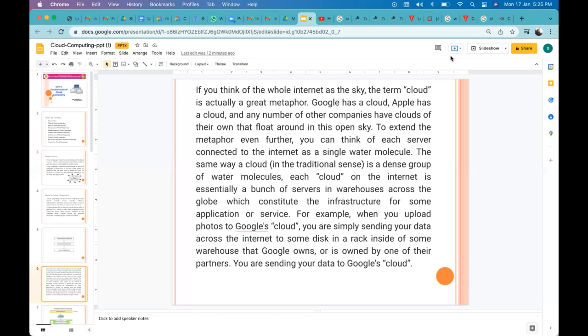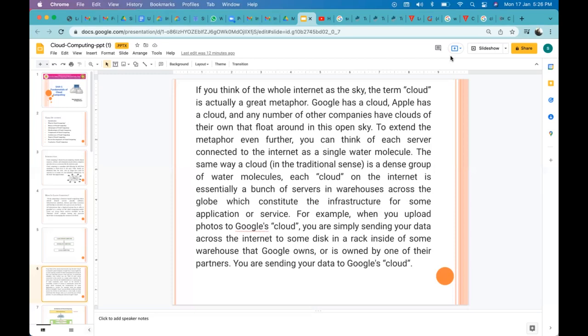As I said earlier, each cloud on the internet is essentially a bunch of servers in a warehouse across the globe which constitute the infrastructure for the same application or service. In the sky of internet, there are different types of clouds.